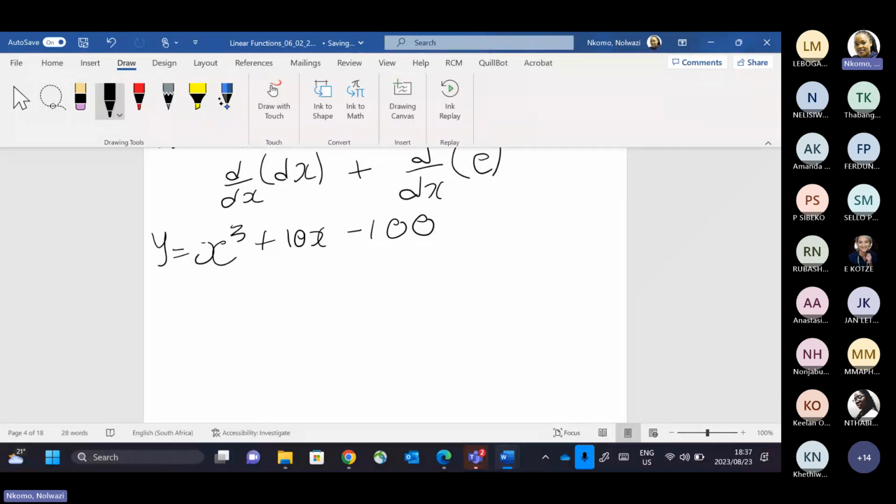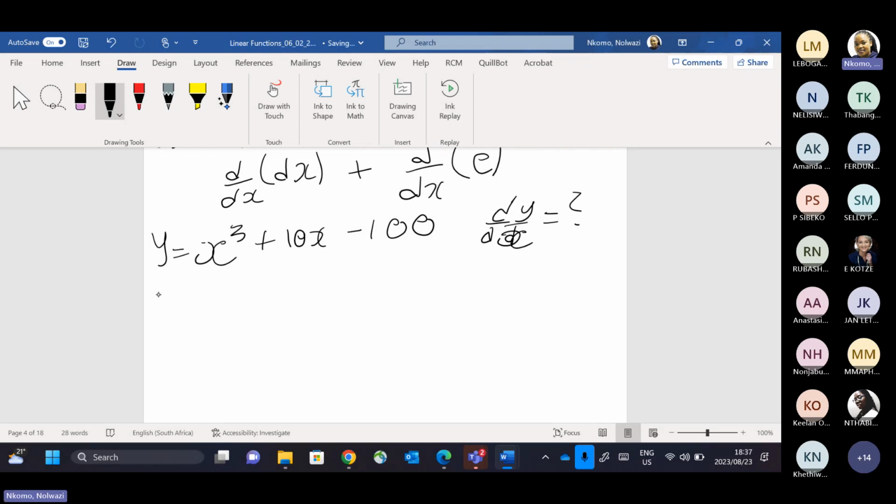And we are asked to find dy by dx. This is a polynomial with 3 terms. So this means the derivative of this polynomial would be the sum of the derivatives of these 3 terms,